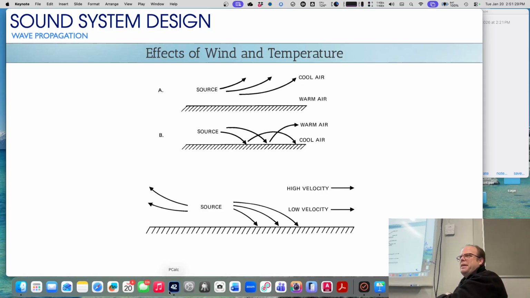You're producing the same amount of sound. It's not getting absorbed. It's just being redirected because of that temperature gradient. So most of that energy is going up above and not actually being directed towards the ears anymore. Because I always thought it was the people coming in the room that was taking away